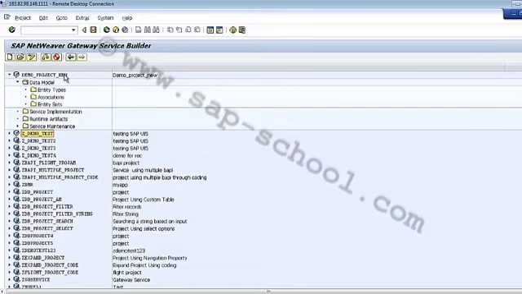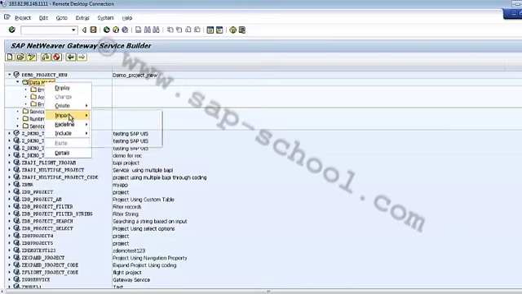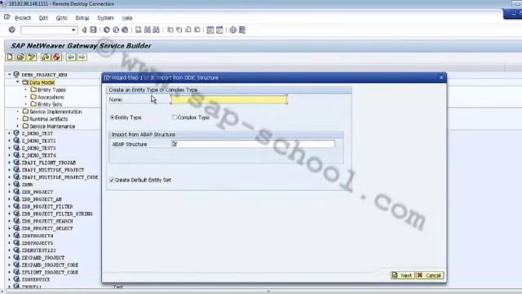To proceed, we have to select this data model, then right click and go to the import from DDIC structure. So instead of data model from file, in this case we will select DDIC structure. Here we have to enter the name for the new entity type or the complex type in this name field. Let's say I select the demo underscore entity type.